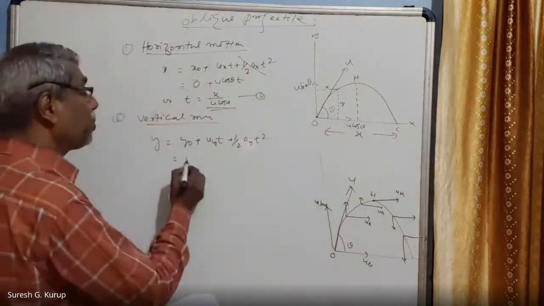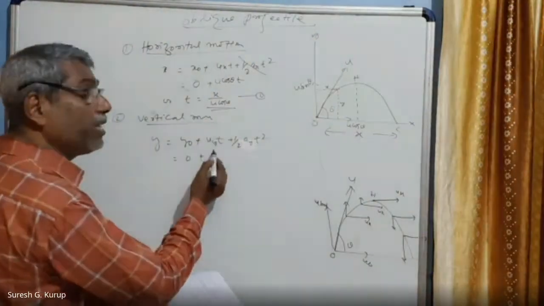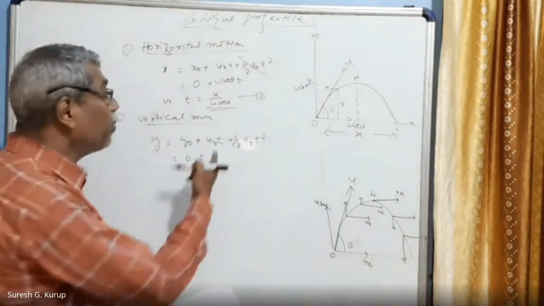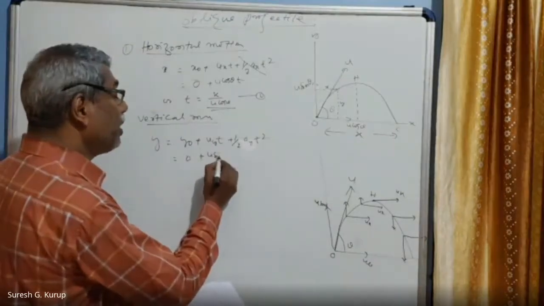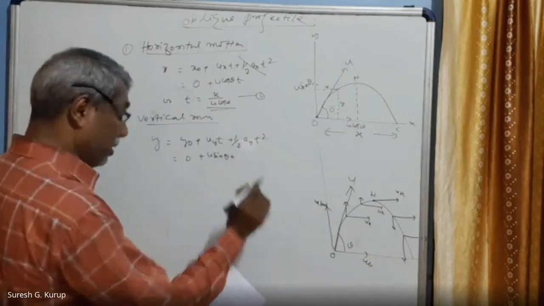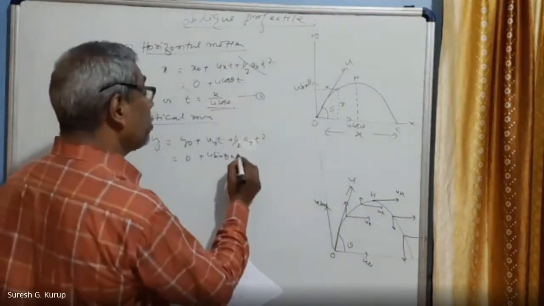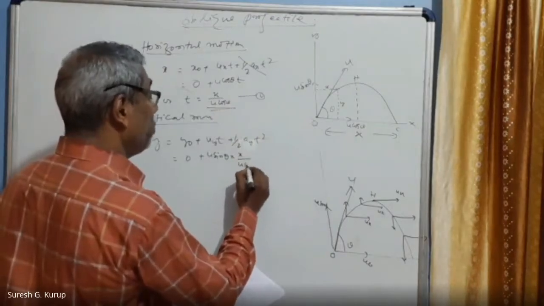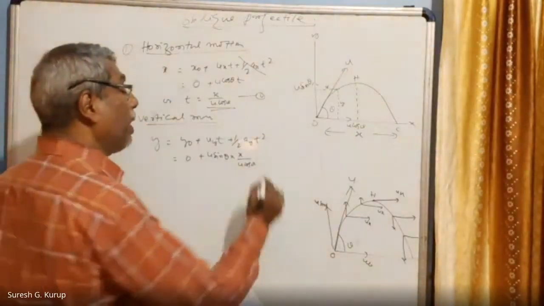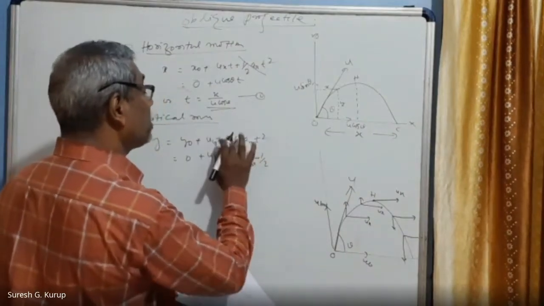Y0 is 0, and uy means the initial velocity in the vertical direction. Uy is u sine theta, into t. U sine theta into t, where t is equal to x divided by u cos theta. I can write plus half, not minus, you will write in this case